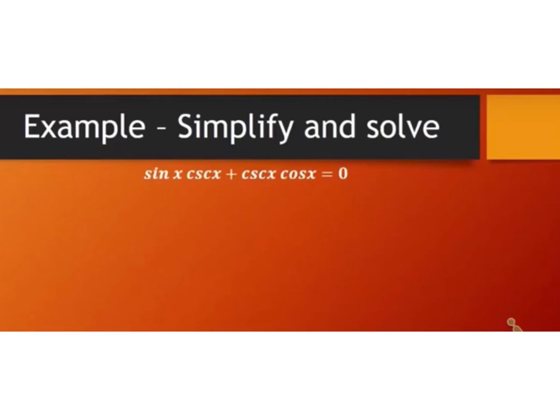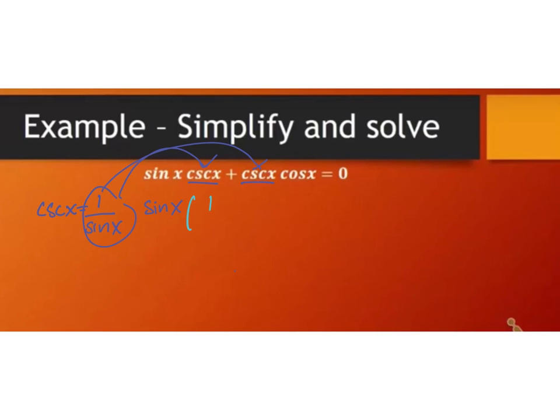So going based off our identities, if you notice what we're adding together, both of these have cosecant. So we want to think about, is there anything in our identities that has to do with cosecant? We did have one for cosecant. We know that cosecant is the same thing as 1 over sine. Again, our goal here is to cancel off something, so most likely we're going to cancel off sine. So wherever we see a cosecant, we're going to replace that with 1 over sine of x. So for this first one here, we would have sine of x